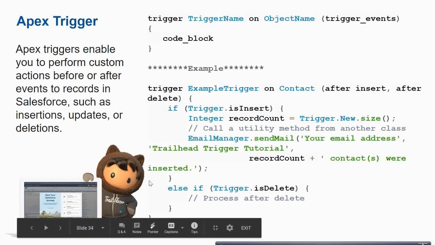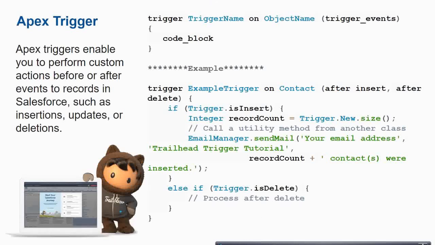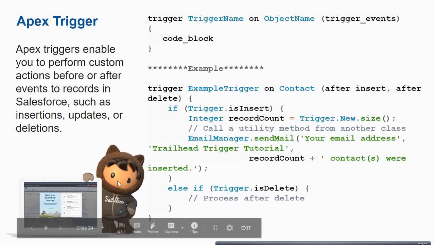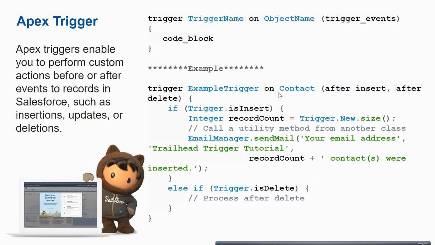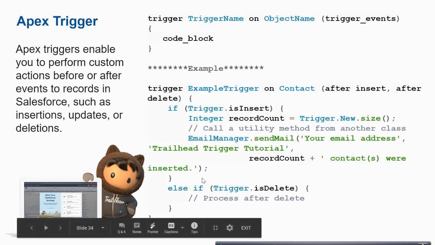An Apex trigger is like, whenever, let's say, a new contact is updated, if you have provided such a logic over here, it will trigger an action as soon as that happens. For this code we'll see what it does. This trigger is written on the contact object. After a record is inserted in the contact object, this trigger will check if it is written for after insert, after delete. The logic for is insert is over here and the logic is not written for is delete, so we leave that.